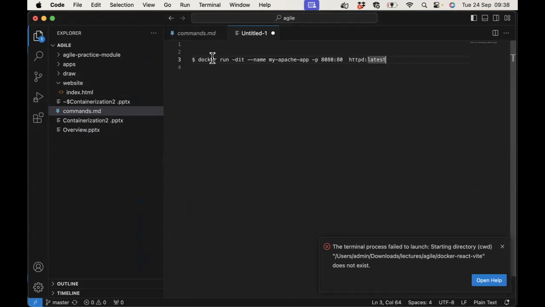And so the command line options here are the -d is for run the container in background mode. The -it is to make the container interactive, which we can just kind of ignore for now. The name is the name I want to give the container. Here's my port mapping. I'll stick with port 8080, although I can use any port. And the rest, if I grab all of that,